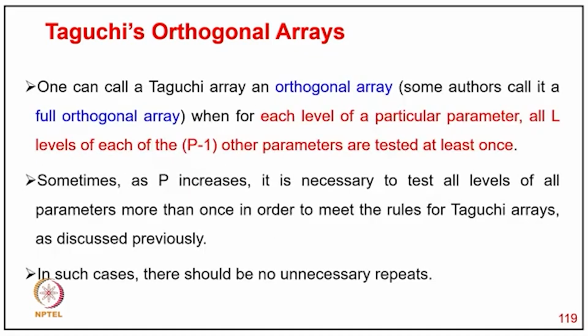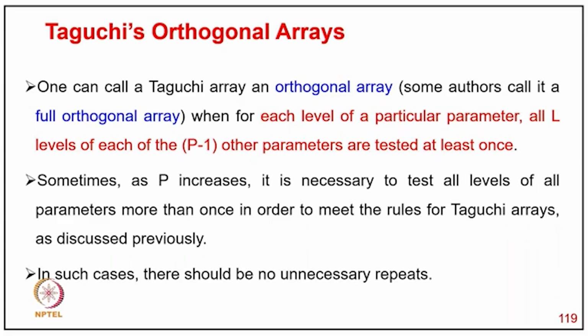One can call it a Taguchi array or orthogonal array. Some authors call it a full orthogonal array when, for each level of a particular parameter, all L levels of each of the p minus 1 other parameters are tested at least once. Sometimes, as p increases, it is necessary to test all levels of the parameters more than once in order to meet the rules for a Taguchi array as discussed previously, and in such cases there should be